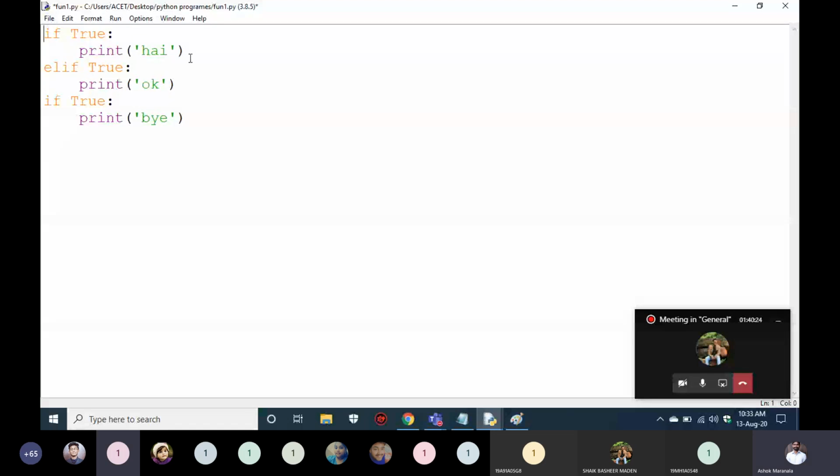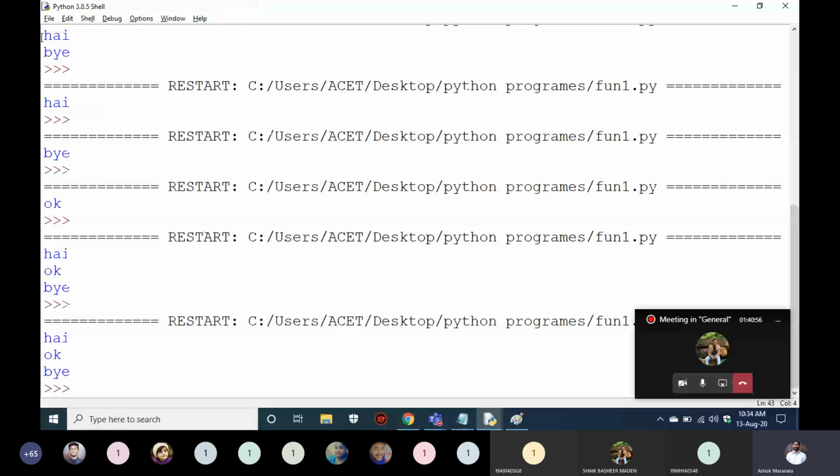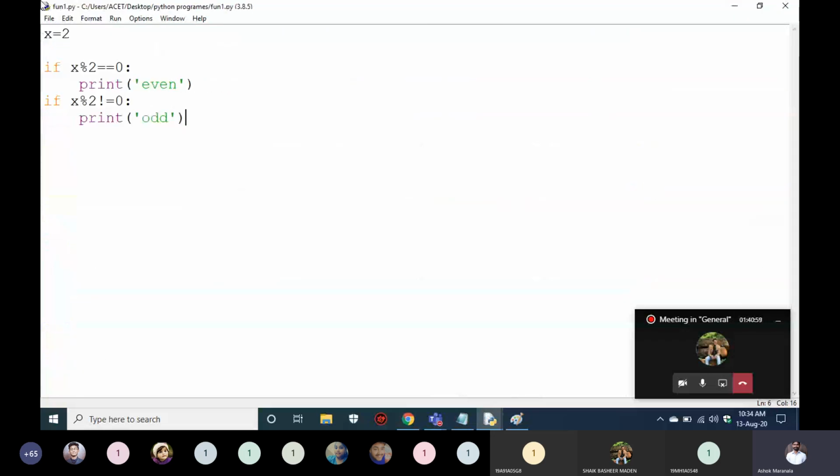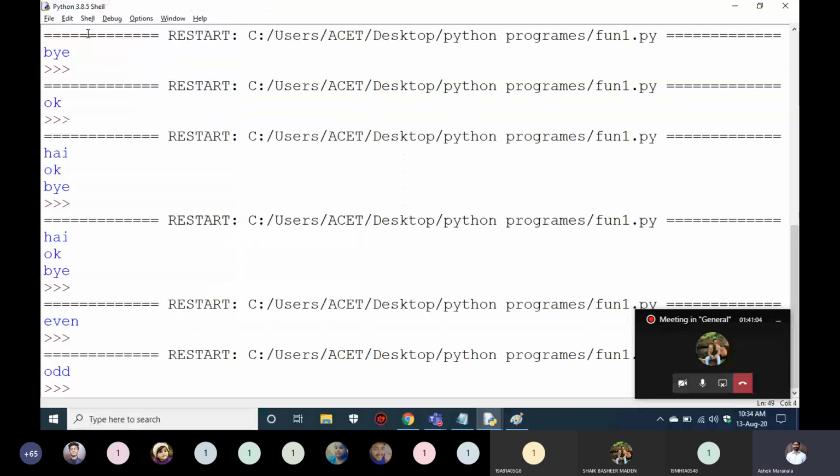For example, we'll try to write this in a different way. I have a number x equal to 2. Now my intention is to tell whether this is an even number or not. If x mod 2 equal to 0 అయితే, then we'll print it is an even number, right? Even you can write by using if also: x mod 2 not equal to 0. See, you will get the correct answer. దీనికి correct answer వస్తుందండి. Even వచ్చింది. If you change your x as odd, అంటే if you change this to 5, you will get odd. Okay, that means the code is giving a fine answer.